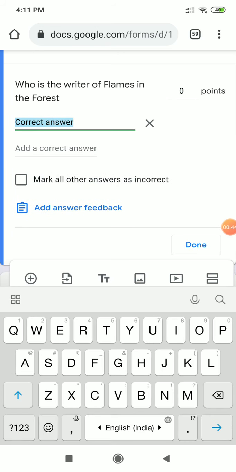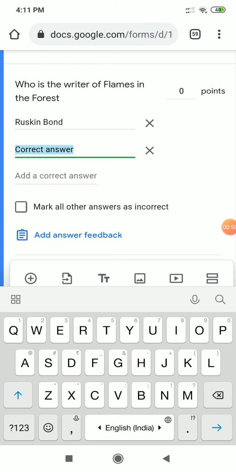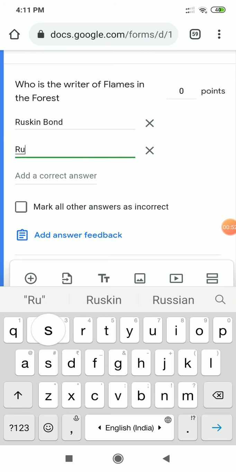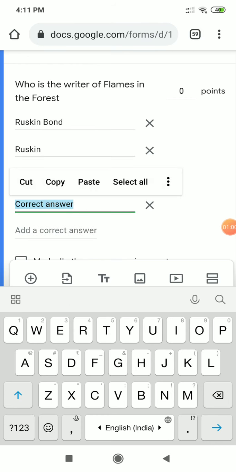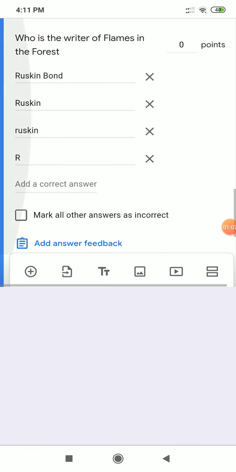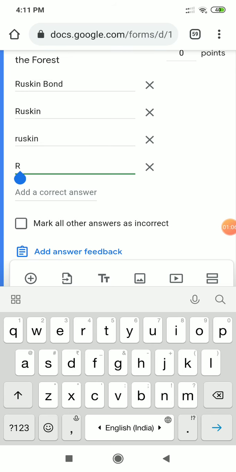Then we will start giving the correct answers. Like the correct answer is Ruskin Bond. But since the students can write only Ruskin, so we will give it as a second correct answer. Or student can write Ruskin in small letters, so this can be the third answer. Student can write Ruskin like this, and then bond in small.